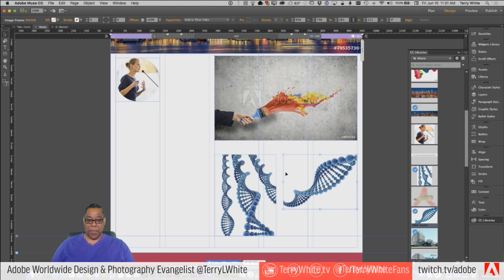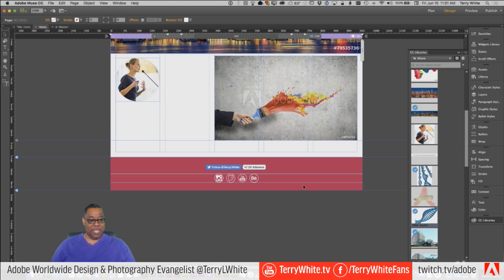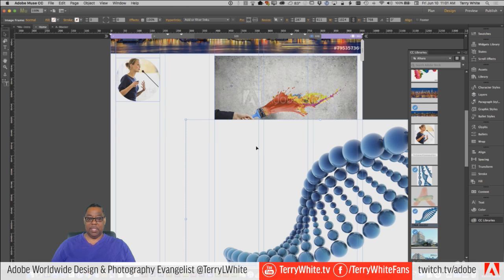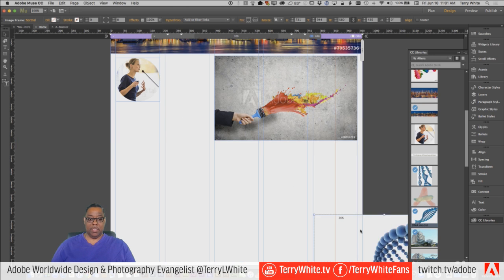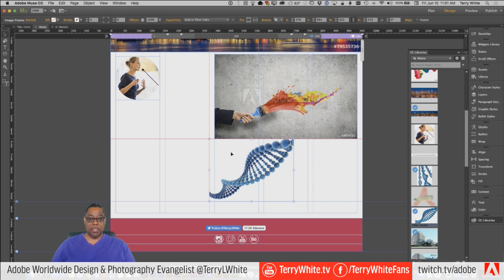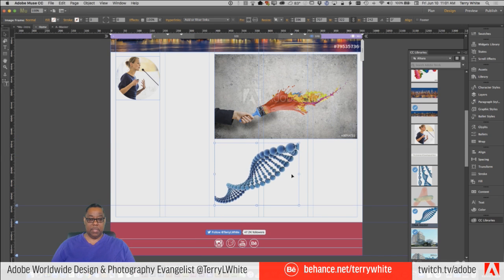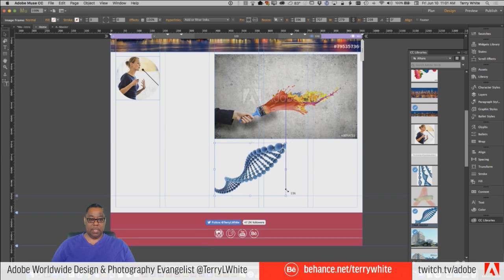That one's good. You know what? Let me try it again. Let me just get rid of these. Try it one more way. Okay, not going to set them to be left or right yet, and also not going to set them to resize just yet.